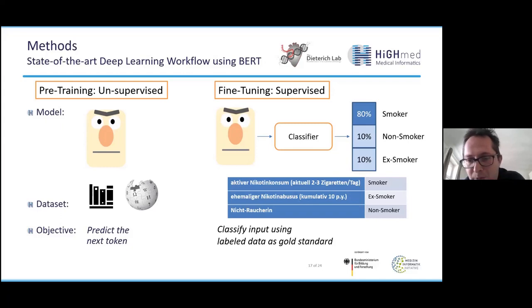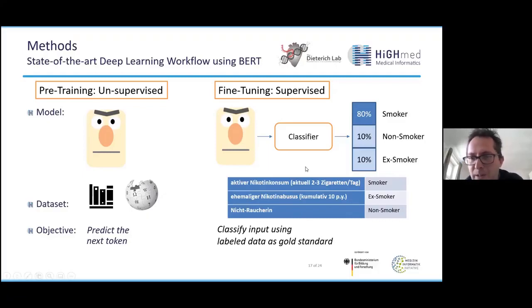So for example, we are looking here at a text classification task. Our task is, we want to input a sequence of words, "aktiver Nikotinkonsum, aktuell 2 bis 3 Zigaretten pro Tag", and we want to classify such an input sequence into these three distinct classes: non-smoker, ex-smoker, smoker.